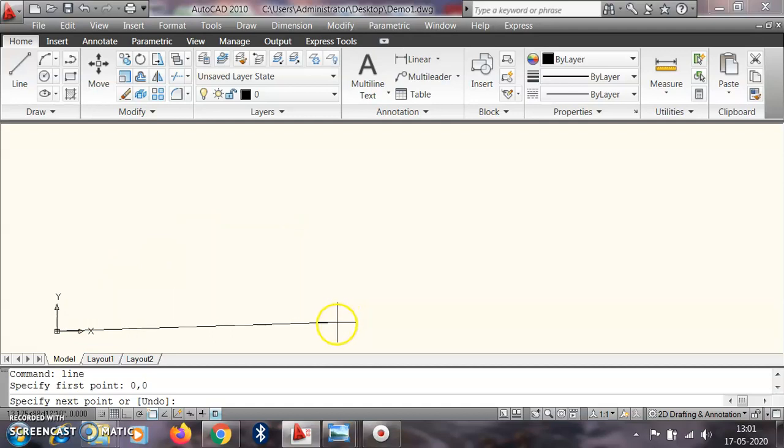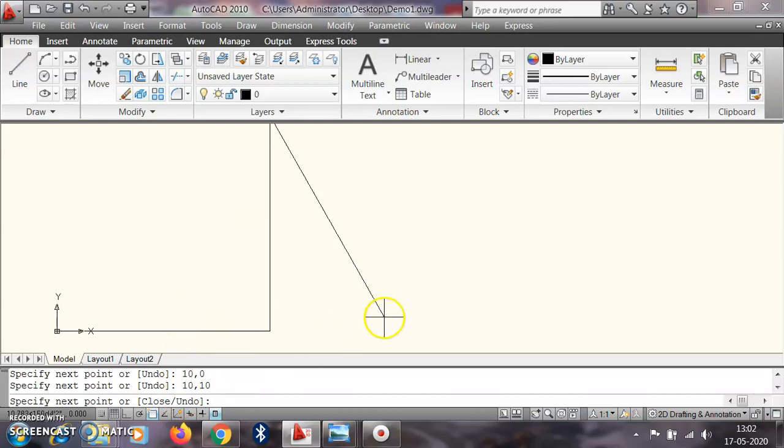If you draw any graph, we know there is always an x and y coordinate system. Because this is a 2D drawing, we only have to remember the x and y coordinates. Suppose I want 10 meters horizontally in the x direction, then I can just write here 10,0. This is my second coordinate. Suppose I require a third point, suppose I require a box. I will again type here 10,10.